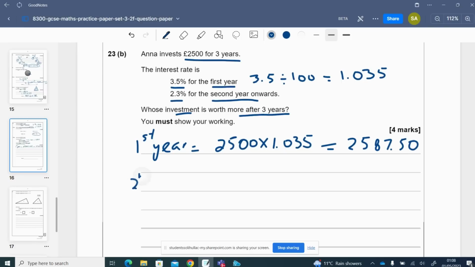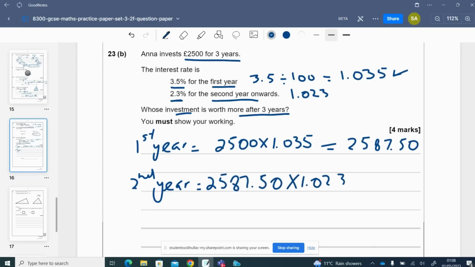Then for the second year, the interest rate is 2.3%. So for 2.3%, the multiplier is 1.023. We use the same method as here to find the multiplier: we divide 2.3 by 100, then add 1, and that gives you 1.023. So 2,587.50, we multiply that by 1.023, and that gives you the new balance, which is